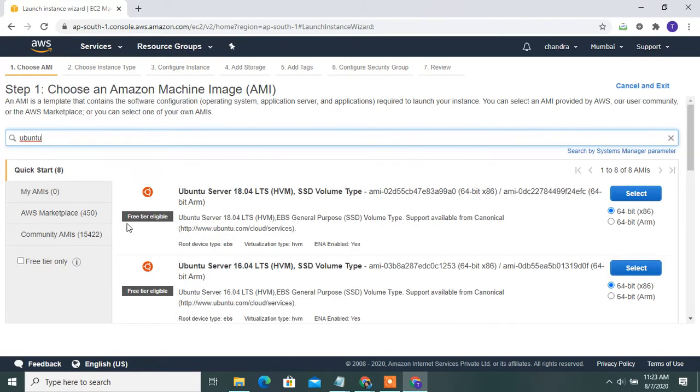See, these are all free tier eligible Ubuntu Server images. If you know, you can select this checkbox. Once you check free tier only, it displays all the free tier services. Okay, I have selected 16.04.